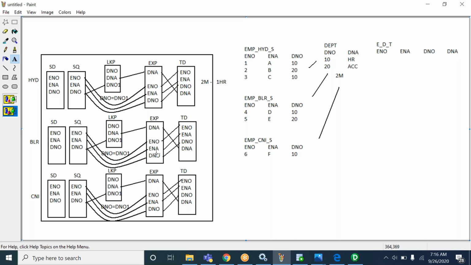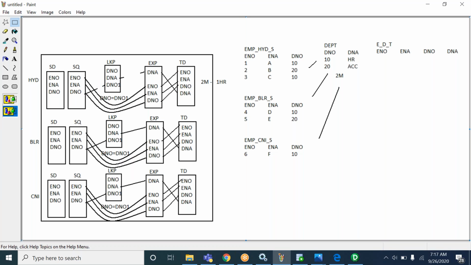So there we write colon LKP dot the unconnected lookup transformation name, and whatever input value we want to pass, that port name, department number. If you write like this, then when it executes the first pipeline, at the beginning of the execution only the lookup transformation, since we have only one lookup transformation, it is going to create a cache, and then the first pipeline starts execution, since this is not a connected lookup,